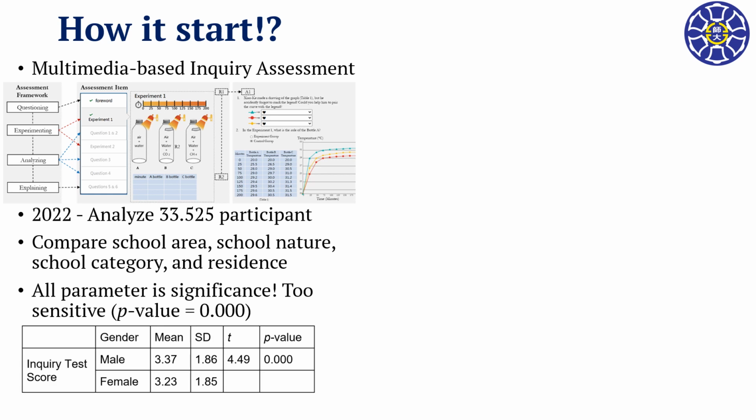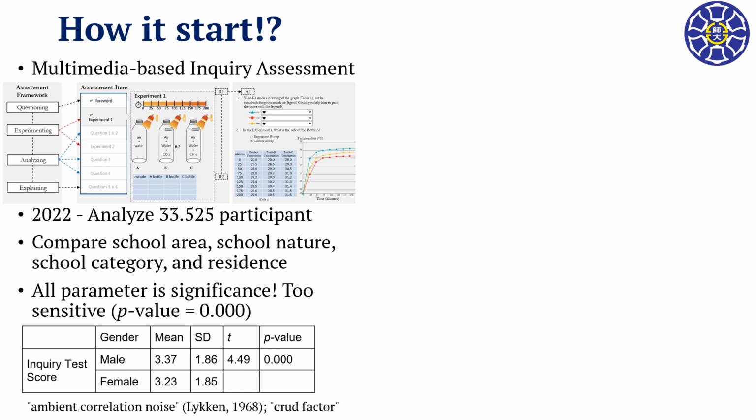This is one of the examples: inquiry test score by gender, male and female. The means are kind of different, but the standard deviation is only a little bit different. They have a really good t-value here, but the p-value, you can see, is 0.0000. There are a lot of zeros. So I said, oh, this is not meaningful. Even my friend, a mathematician, said 000 means nothing. It's supposed to be 1 somewhere else, but we didn't find any 1 here. So I said it's meaningless. Maybe we need to find some other resources.